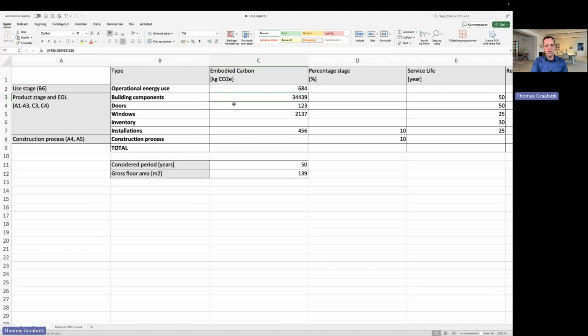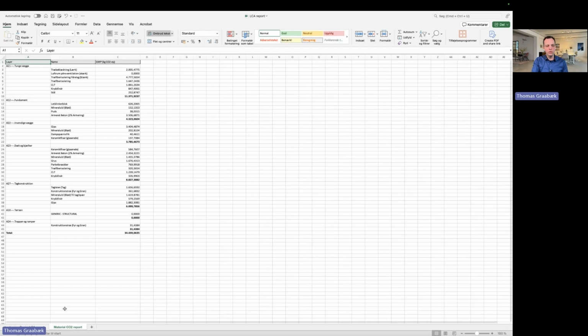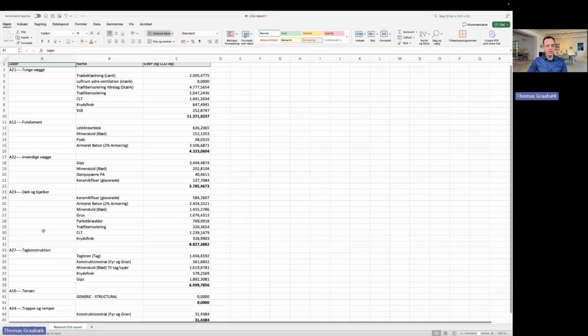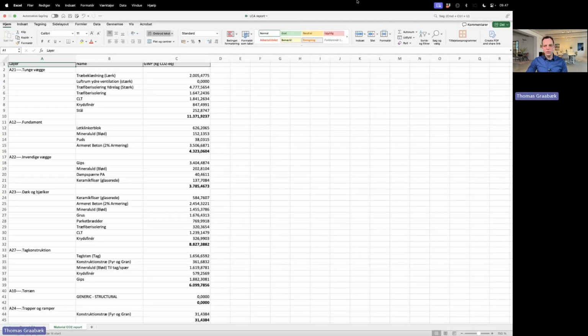And I can now work with different values if I want to change anything. If I want to see the material CO2 report, it's also there in another part of the Excel. So that's more or less how this works.